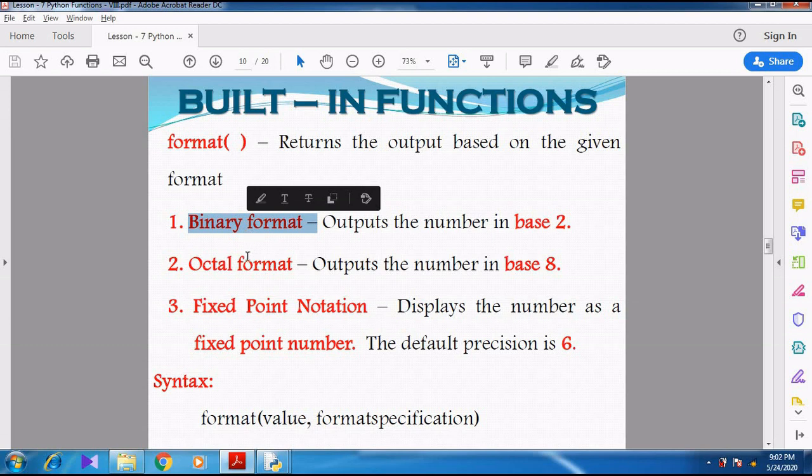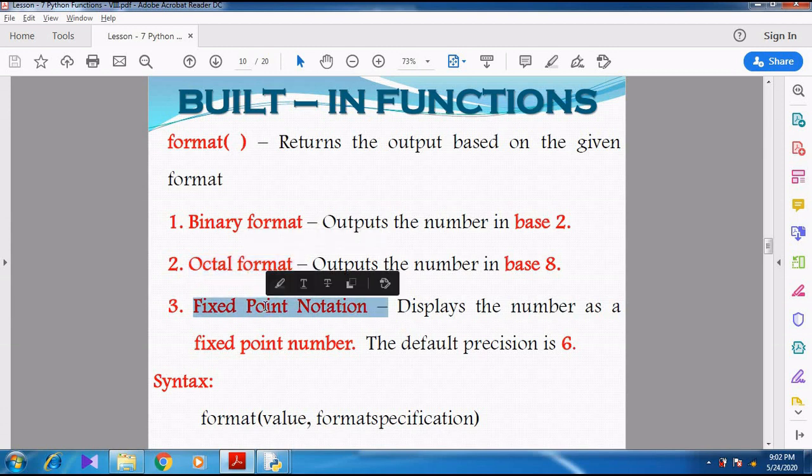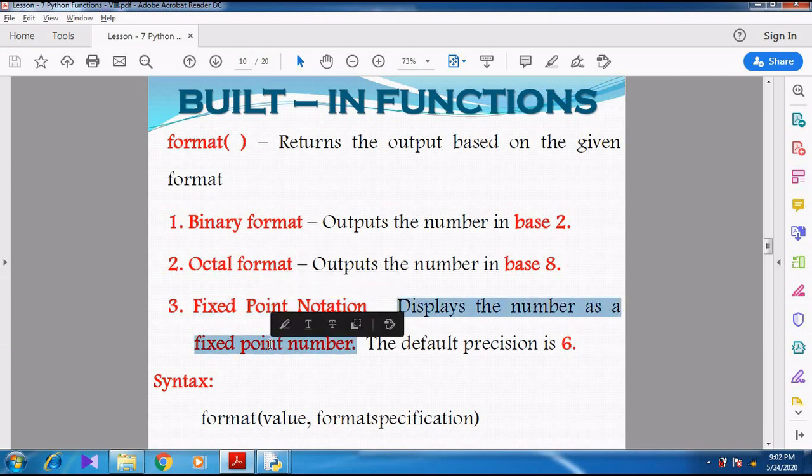Octal format means the given decimal number will be changed to an octal number, that is base of 8. Fixed point notation means the number will be displayed as a fixed point number which contains a decimal point and fractional part. Now see the syntax.